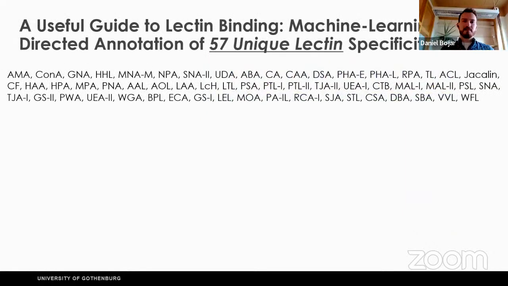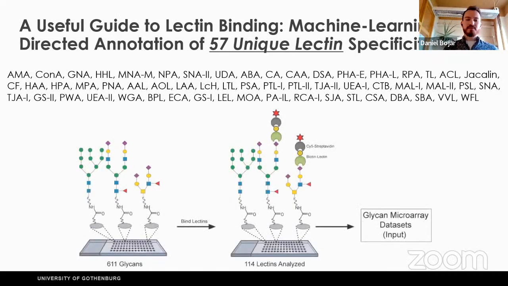We started doing that in a collaboration with Lara Mahal from the University of Alberta in Canada, looking at 57 of the most commonly used lectins. They're just listed here, a bunch of abbreviations, not important. But we really wanted to get into the nitty-gritty and see whether we can do a detailed annotation of their binding specificities using a combination of interpretable machine learning and expert annotation. And the idea is really that we use data that is